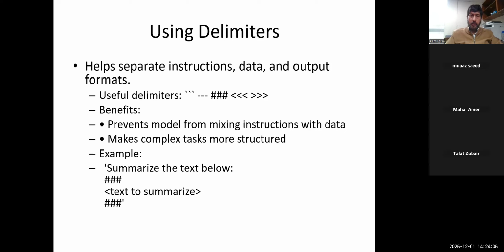So delimiters are kind of formatting instructions that would clearly demarcate to the LLM that this is an end of one section, this is the start of the next section. And I'm not too sure, but some of these delimiters have already been pre-tuned, or sorry, instruction tuned in the models.